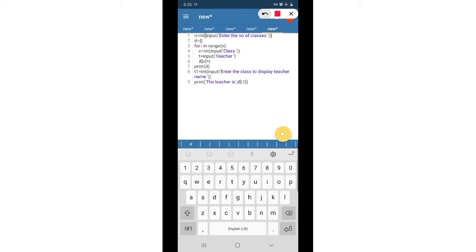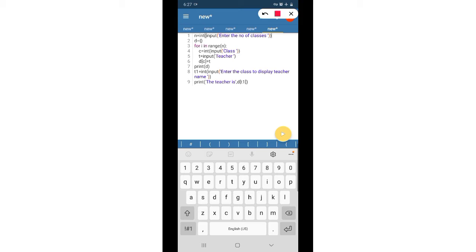Then in the question, our dictionary is created. Now we have entered the class name and the class teacher name, and our dictionary is stored and displayed. Now there is another part in that question: accept a particular class from the user and display the name of the class teacher. For that I have written the code like this: a variable t1 to take the input of the class whose class teacher name is to be displayed.